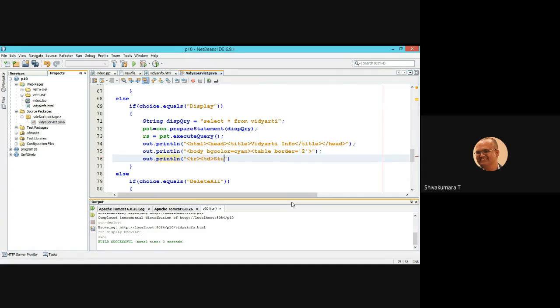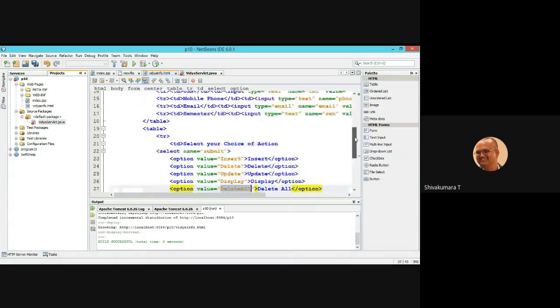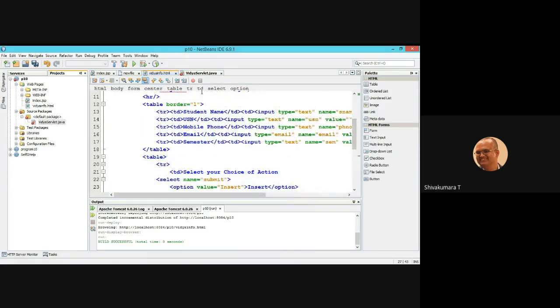The headings are student name, then table data, USN, table data. Next table data, the next one is mobile number, email, semester.